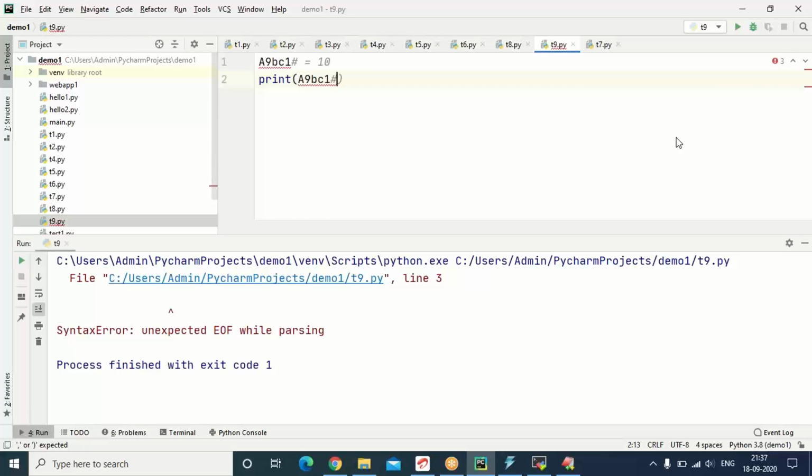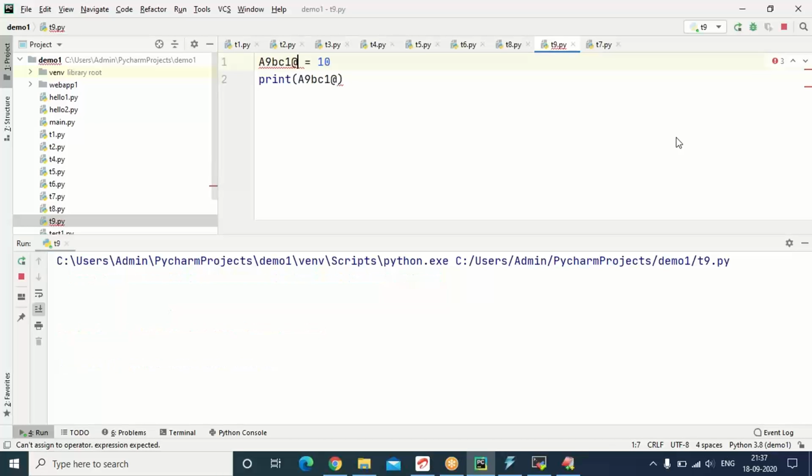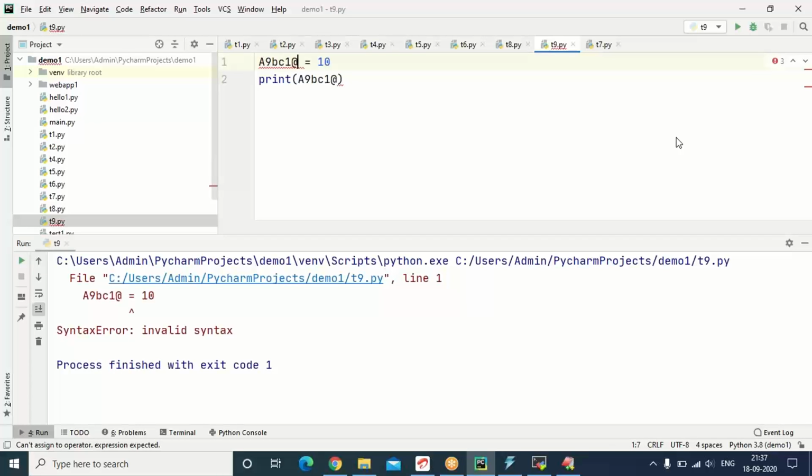You are getting an error. Let's go for at the rate. You are getting an error. Please observe, the fourth point is that only one special character is allowed, that is underscore, and it can be in the beginning, in the middle, or at the end, anywhere in the identifier.